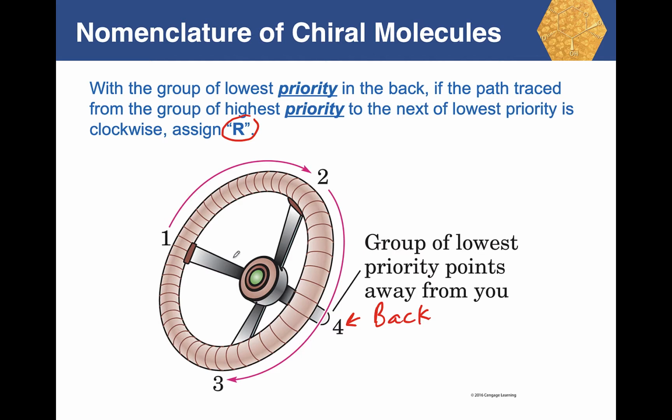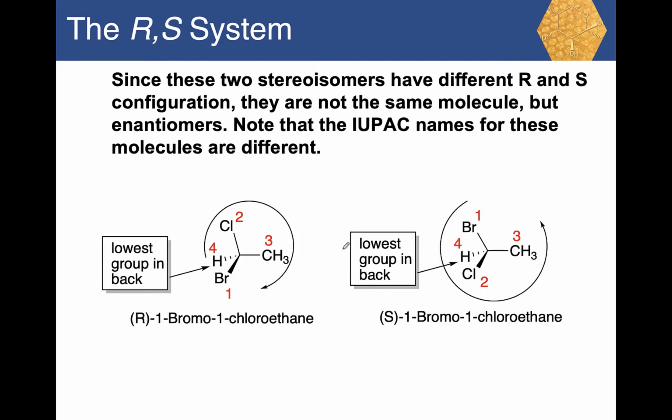So let's apply this concept here. Looking at the same 2 molecules, we have 1, 2, and 3. Notice that the hydrogen here is in the back, so we need not concern ourselves about 4. We just go 1, 2, and 3. This direction here is clockwise, therefore it's an R. So the full IUPAC name of this molecule is now